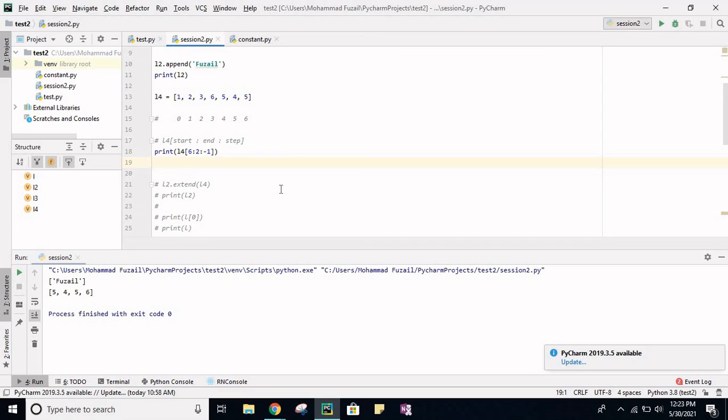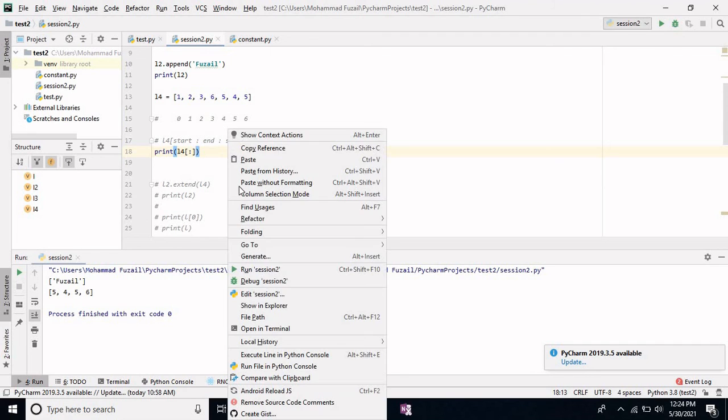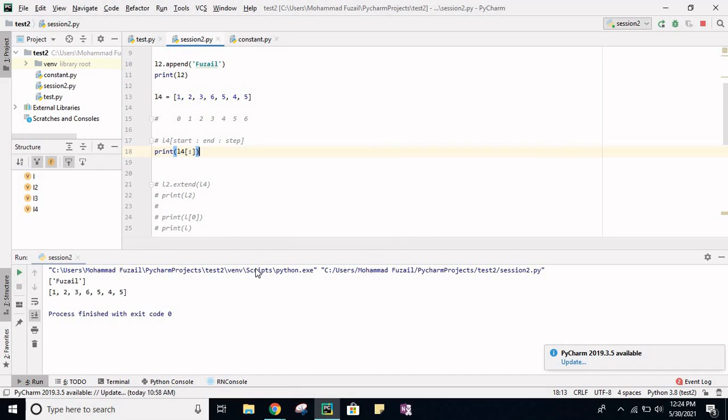Sir, if we also have to take index 0, then sir, will we put -1 at the end? You mean you have to take all these elements? Yes sir. Okay, then if you want to get all the elements you just pass colon, you don't have to pass anything. By default it takes the start and end to print all the elements. Now if I print, it will print all the elements, see. So you just have to pass the colon, the start and end it will automatically take.